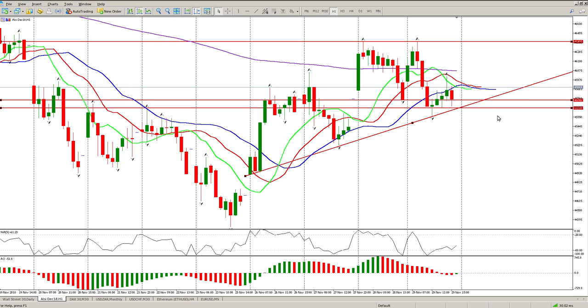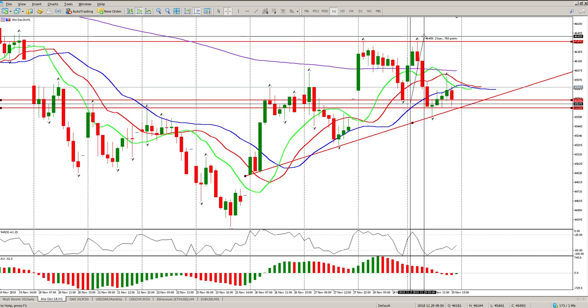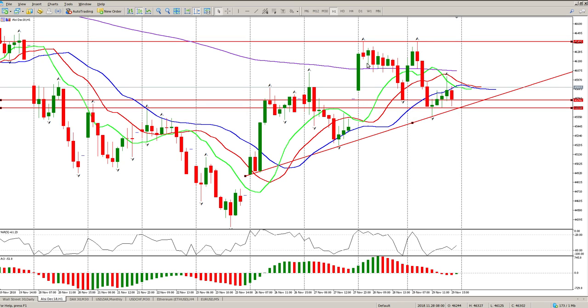So what that basically means, considering we've broken this fractal below the red line of the alligator, and remember, the red line is our teeth, is that this here would have triggered a valid short, with a stop up here. But remember, I'm not really interested in that, because that would be a 760 point stop loss, which I'm not really interested in stressing myself out over.